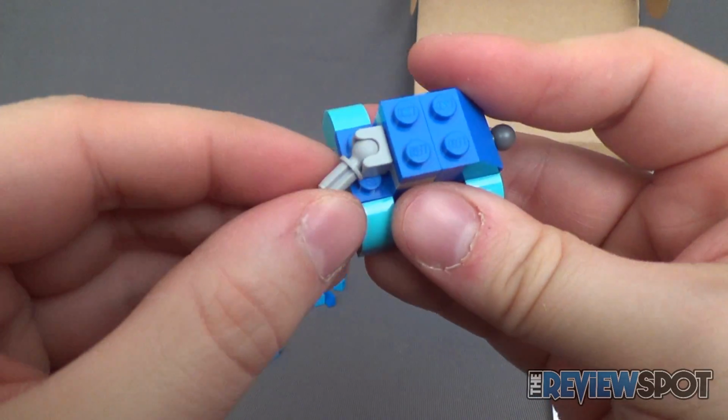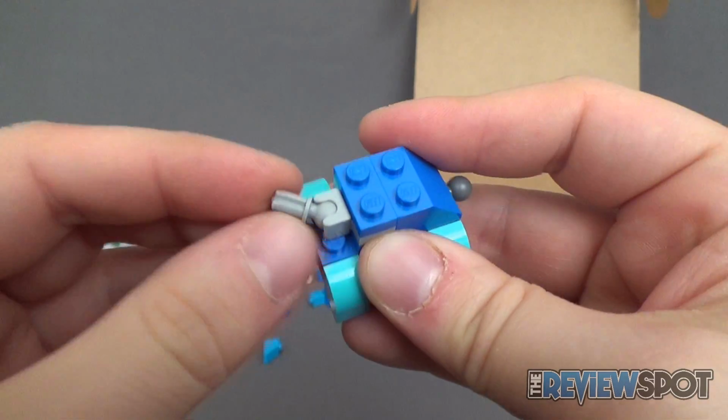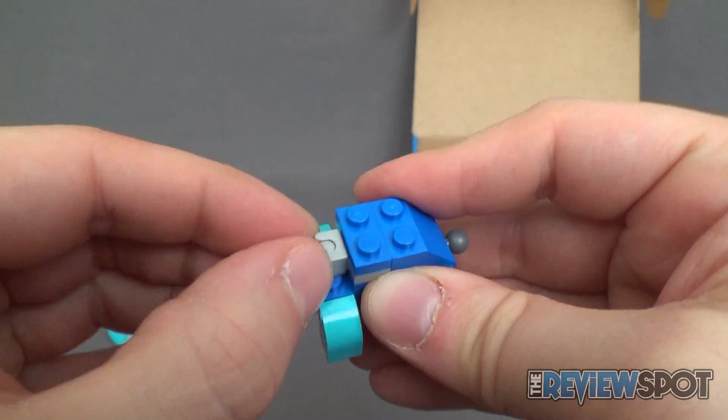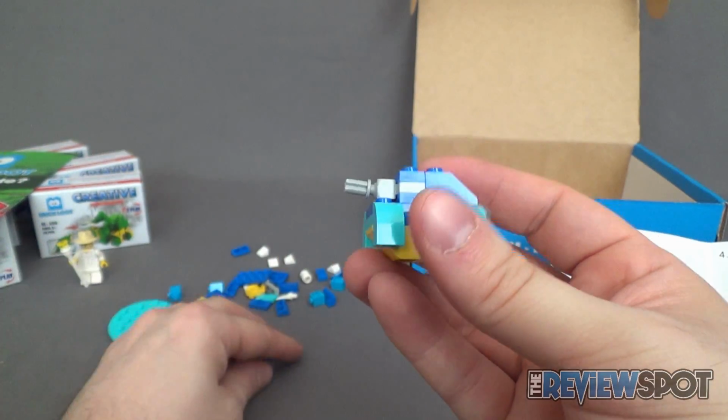It's remarkable what ball joints can do. Just think, there was a world, one day, long time ago, that didn't have ball joints. It's just so much easier to have one. Figures, anything. Okay, so now we're going to take,